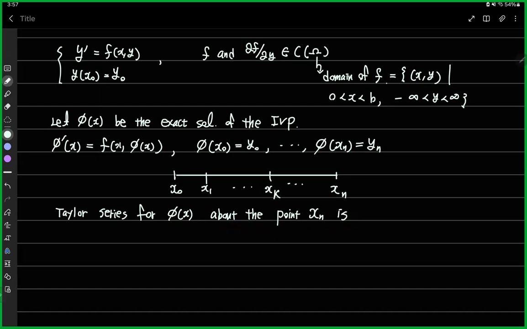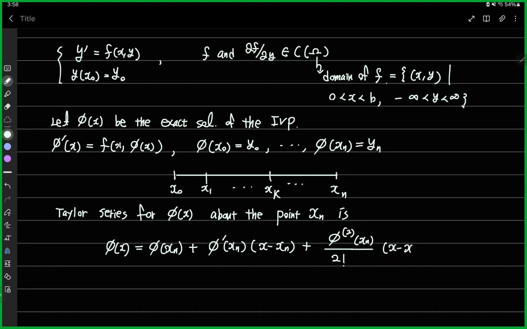That's going to be phi of x is equal to phi of xn, plus phi prime of xn times x minus xn, plus the second derivative of phi, where the parenthesis 2 represents the order of derivative, over 2 factorial, times x minus xn squared, plus